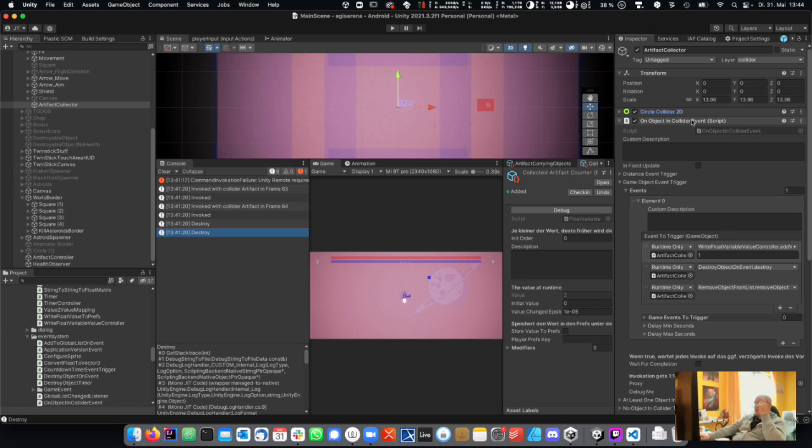He measures the overlapping, sees the overlapping, triggers the event, but the event gets invoked but not executed. Yes, that's a problem. Okay, I need to stop here because I need to do a little bit